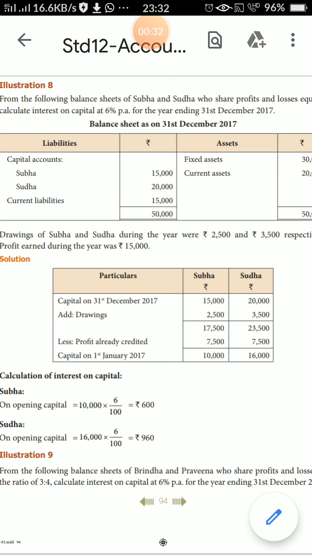Which month is new capital introduced? Which month is additional capital introduced? That month makes the difference. The introduced month counts as one month, and if additional capital is introduced in another month, that calculation is different. If the opening month is January, then December is the closing month, so the number of months is 12.